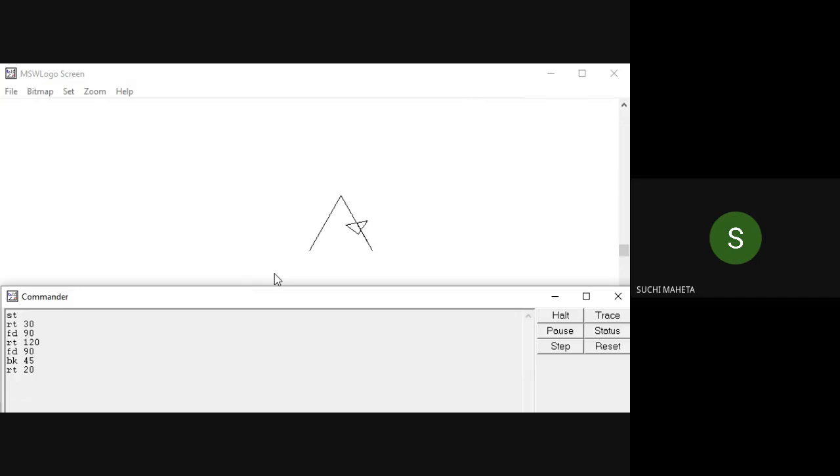See, I have missed out something. I have not written 120, it is RT 120. Okay. Again, FD space 40. Then hide turtle. So which is the second alphabet? A. Right. The second alphabet is A.